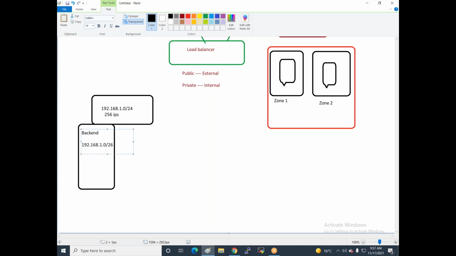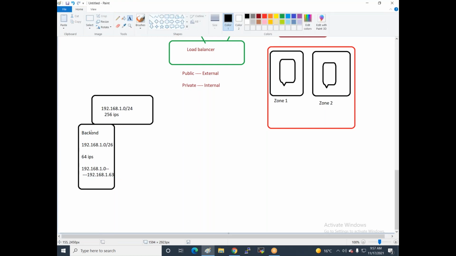The /26 means we allow only 64 IPs, out of the total 256, for the backend. That means 192.168.1.0 to 192.168.1.63. I'm allowing these IPs. Got my point?